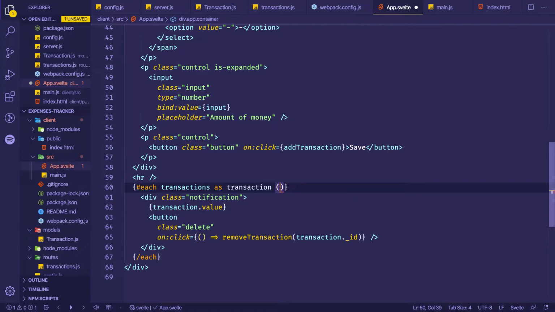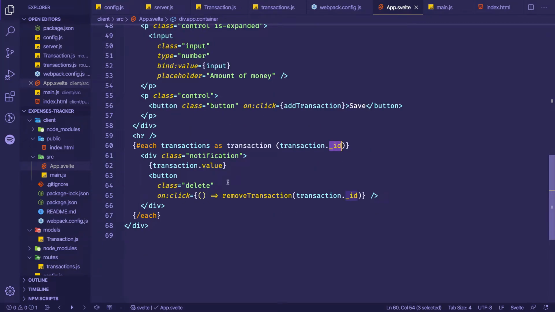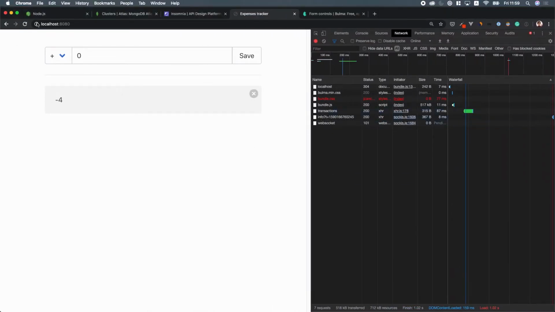So for doing that, this is the way we can tell that to Svelte. I'm going to read the transaction, and I'm going to pass the ID. So this is how we tell Svelte that this is going to be the key that's going to be used to identify every DOM value here. So we have that,